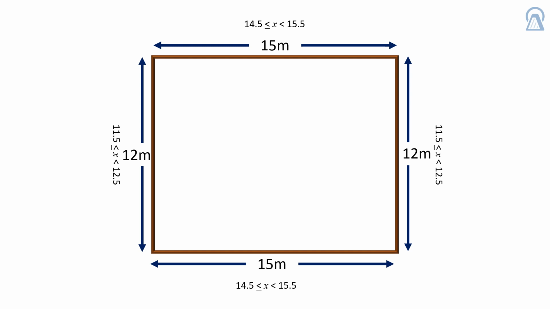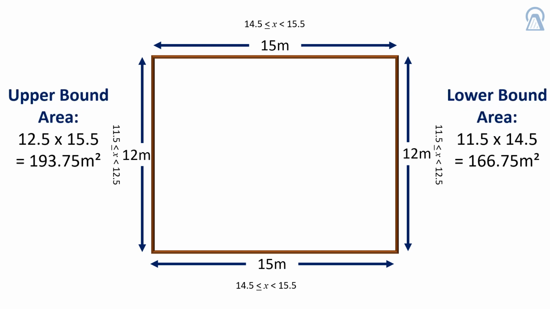For our lower bound area, we use the lower bounds. 11.5 times 14.5 is equal to 166.75 meters squared, which is 27 square meters difference in the two limits of our areas. This is quite a large difference,